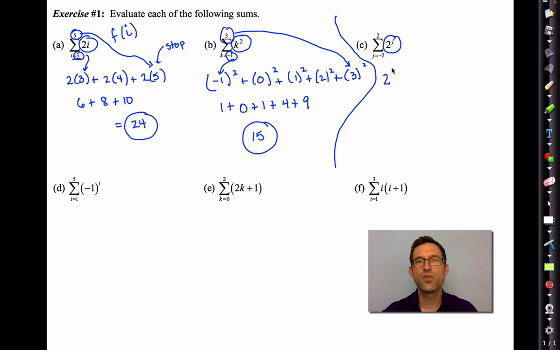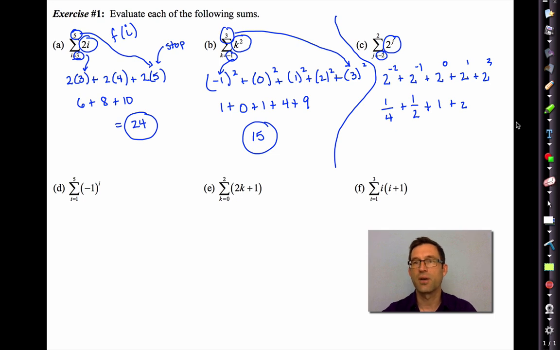So we're going to have 2 raised to the -2, right? Because that's our starting. Then we'll have 2 raised to the -1. Then we'll have 2 raised to the 0. Then we'll have 2 raised to the first. And then we'll have 2 raised to the second. Now we have to remember our negative exponents. 2 raised to the -2 is 1/4. 2 raised to the -1 is 1/2. 2 raised to the 0 is 1. 2, that looks like a